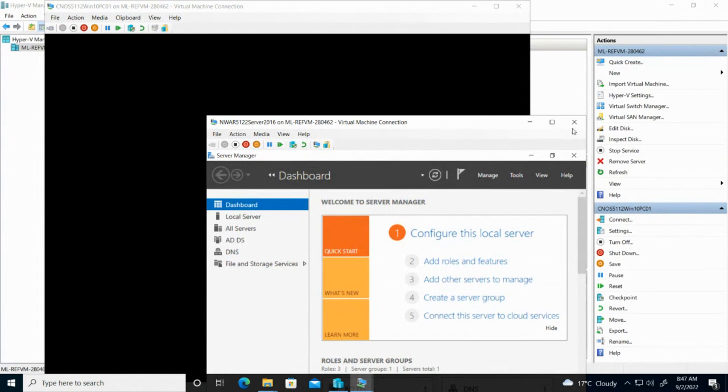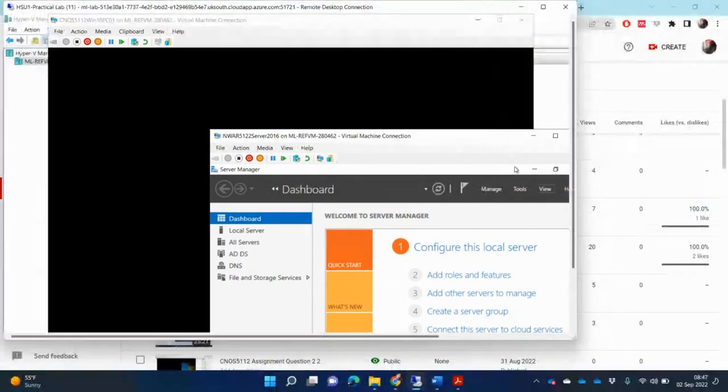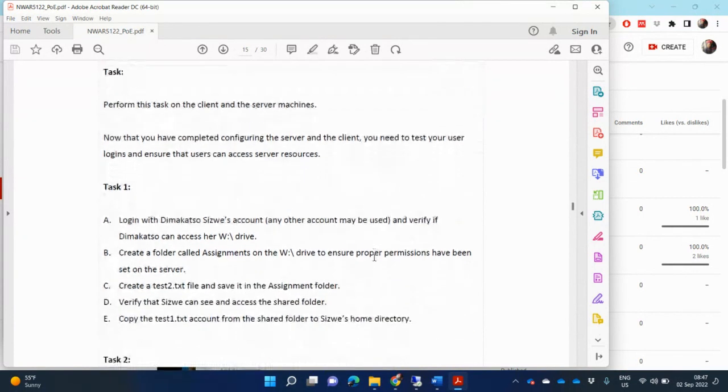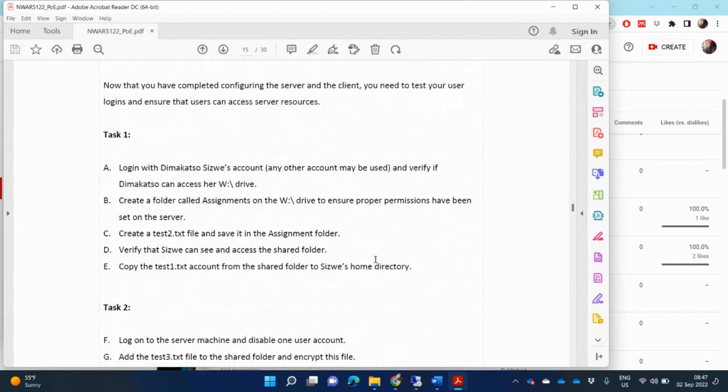Right. So let me go and have a look at what the assignment says that I must do. To perform this task on the client and the server machines, now that you have completed the configuring of the client and the server, you need to test your user logins and ensure that the users can access the server resources. Task 1, log in with the CSWARE account, or any other account may be used, to verify that